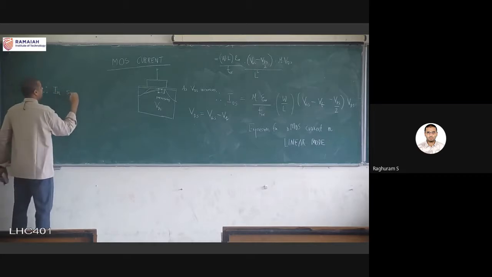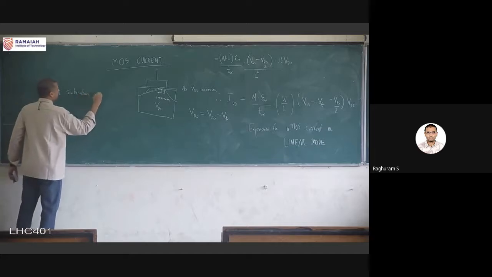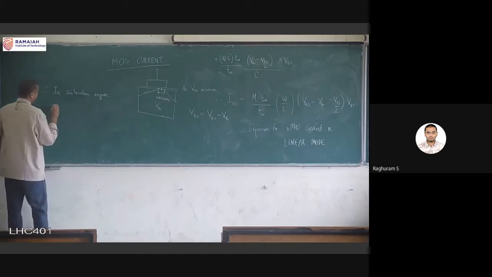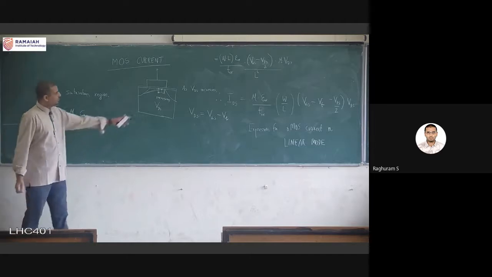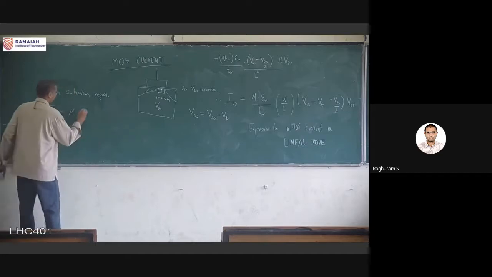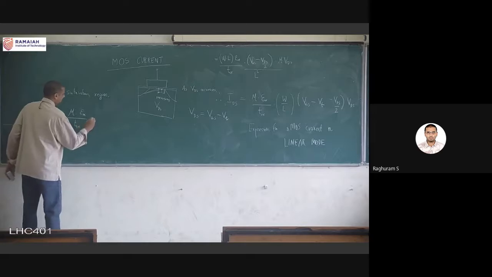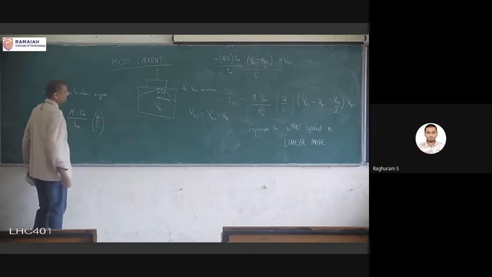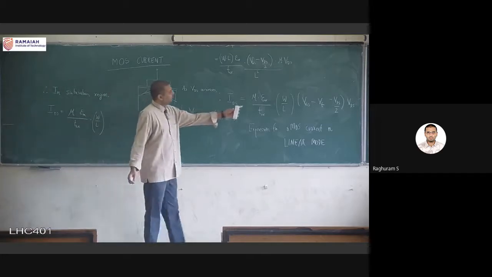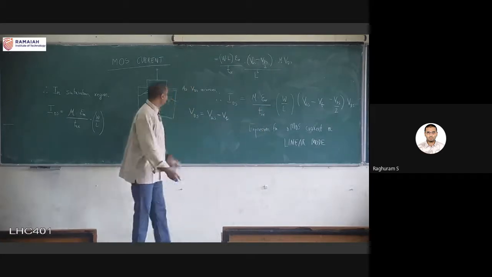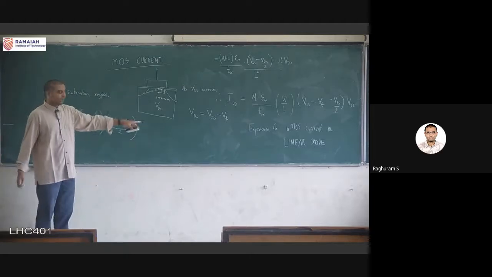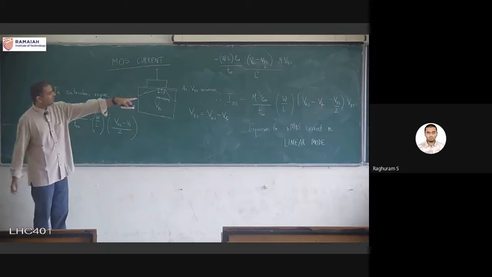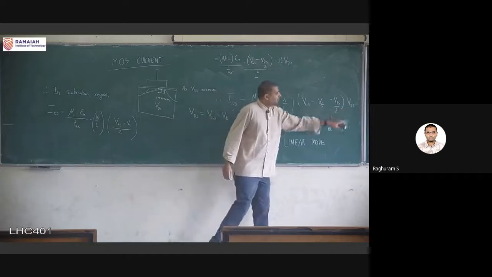In saturation region, okay, IDS equals mu Cox, those components stay the same, sorry, mu n into epsilon ox divided by Tox into W by L, okay, and the second part VGS minus VT minus VDS by 2, so replace that with VGS minus VT, so that is nothing but VGS minus VT minus VGS minus VT by 2, so 1 minus half is half, and outside is having VDS in the end here, so replace that with